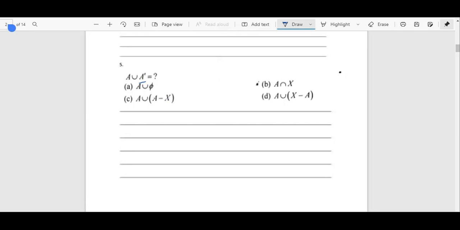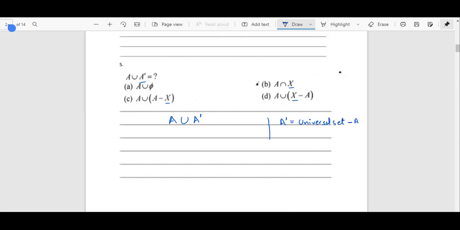And here, if I look at my options, I can see that X is basically the other set. So here, X is considered as the universal set, right? So if I write this down again, A union A complement, where I know that A complement can be defined as universal set